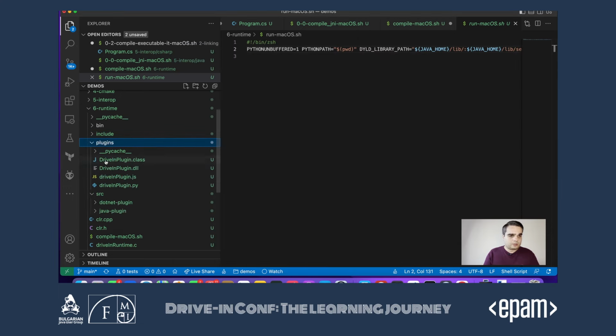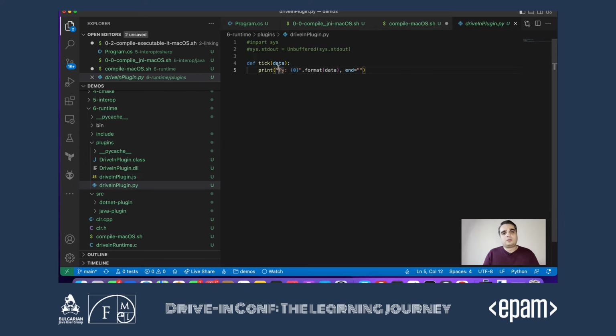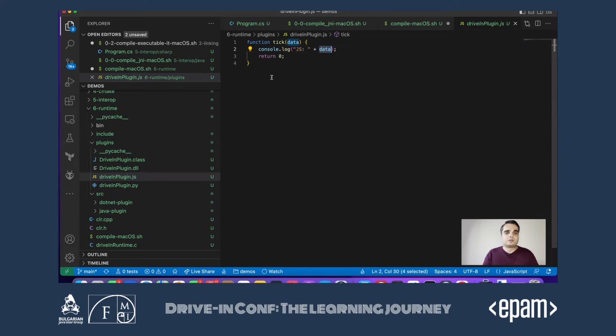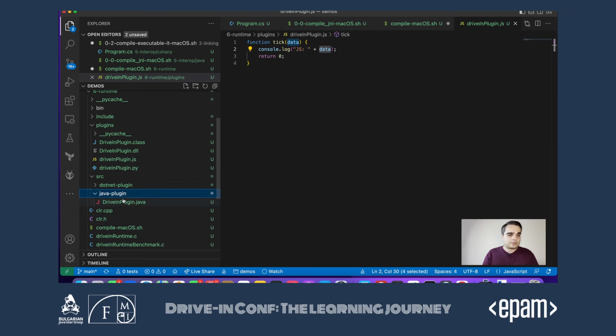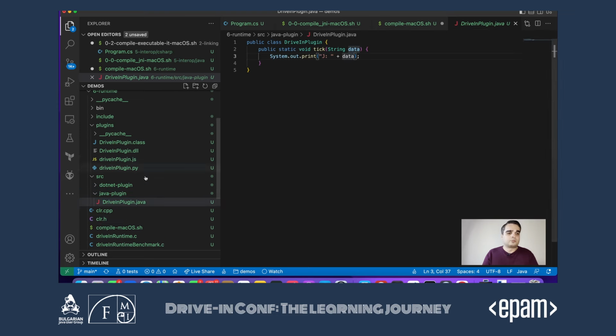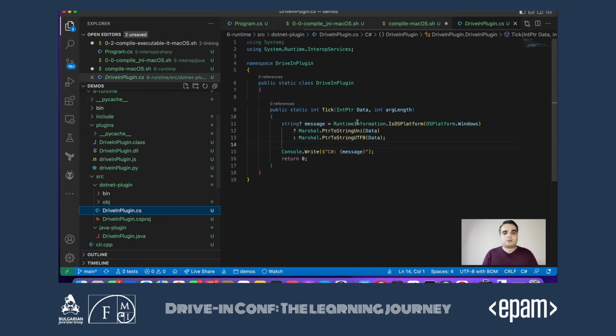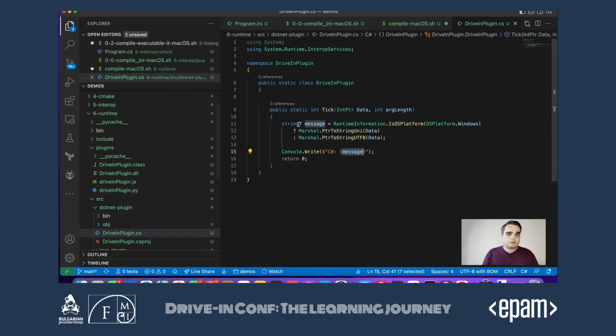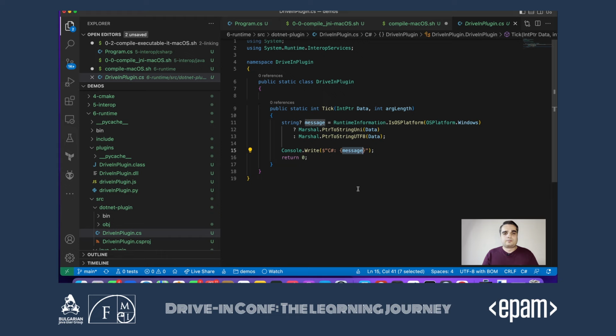Remember, every language will output its initials or its abbreviation, so py, and then it will print also the input parameter that's being called, so JS input parameter, and for Java, J input parameter, C# message. If we run that, this is actually coming from a pointer to that memory, which we are marshalling into a string.